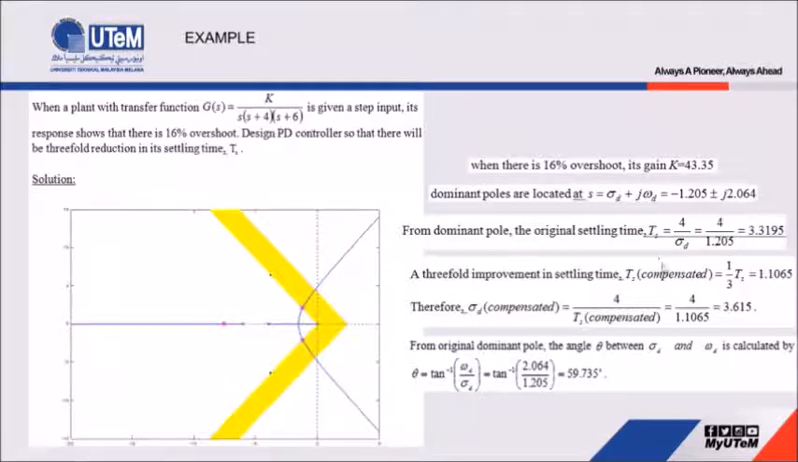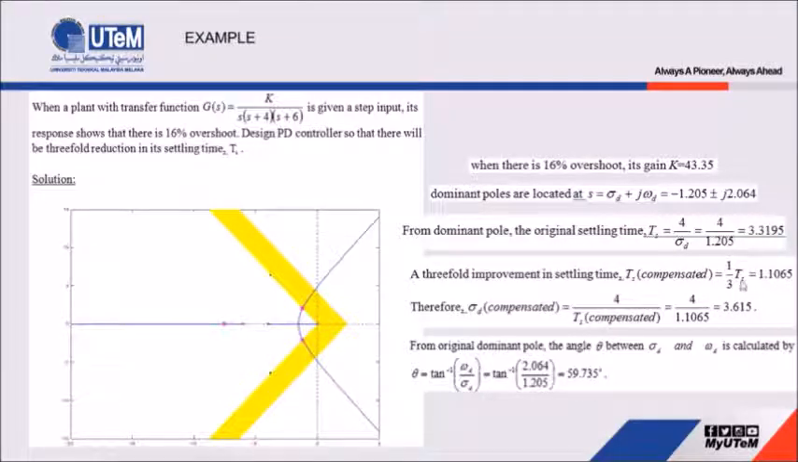So we just apply the formula for Ts, which is equal to 4 divided by zeta omega n. In this case, zeta omega n or sigma d is equal to negative 1.205. So we just put 1.205 in this formula, and then we get Ts equal to 3.3196. Based on this question, we have to improve this Ts 3 times, so we just divide by 3. So the result becomes Ts compensated equal to